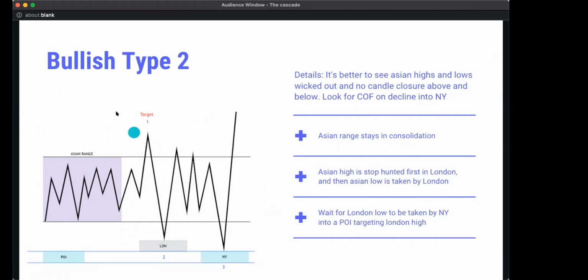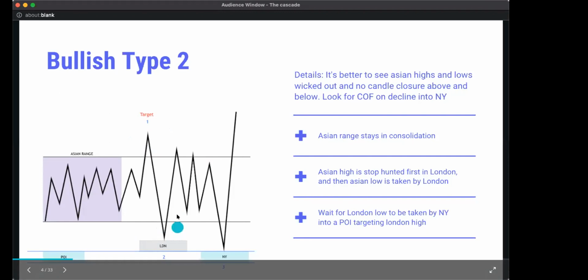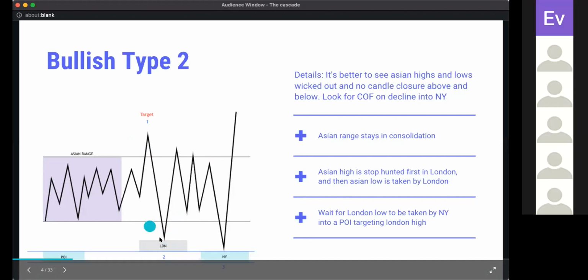So we see that we have that London low, and this is basically an inducement for the New York POI. If you see a POI below this London low and it missed it, just know that that's most likely going to be induced for that New York pullback rally. And then we also have a